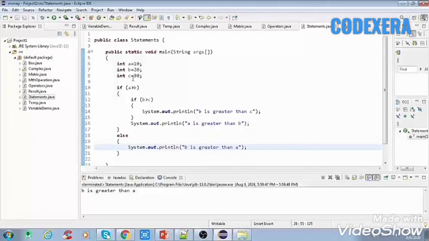So why is this not executing, I will tell you why. Here we have written if with else, but we have not combined it with the else statement.